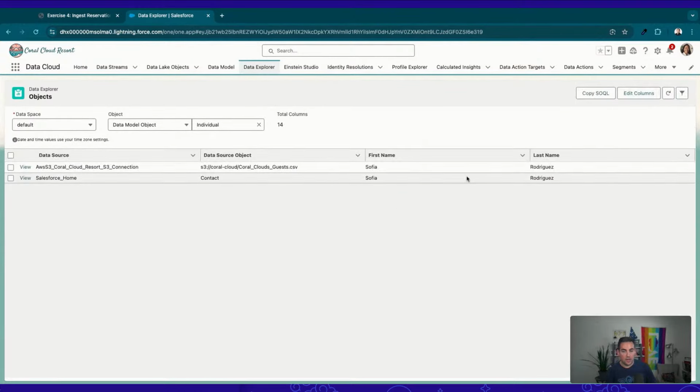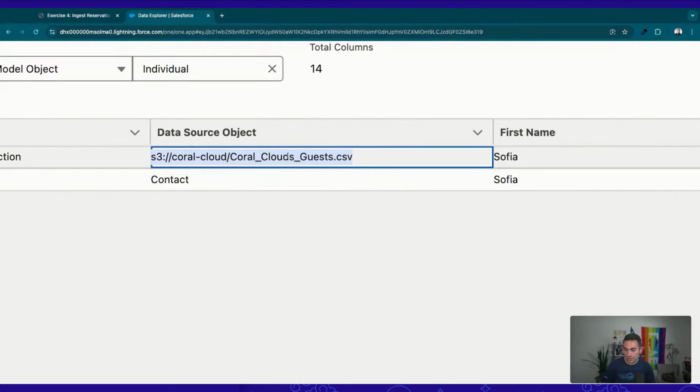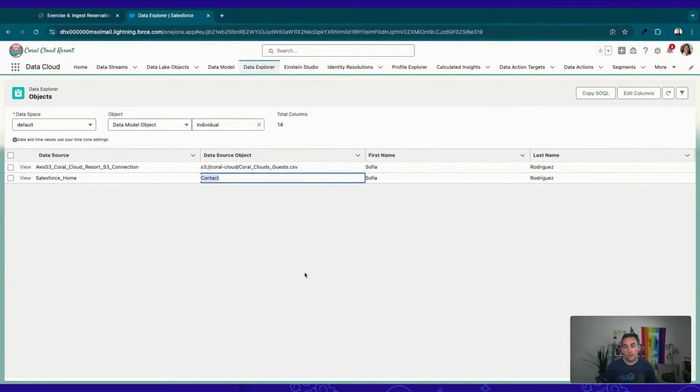What you see here is we have Sophia Rodriguez in our individual object twice. You can see we have Sophia coming from the Coral Clouds CSV in AWS. Again, we have that same Sophia coming from a contact record in CRM. This doesn't really unify any of the data for us. We talked about how a big part of Data Cloud is taking the data from those multiple systems and unifying them for us. We need to be able to identify Sophia as a single person so that we can take data like the reservations that we just brought over from Amazon S3 and bring it into